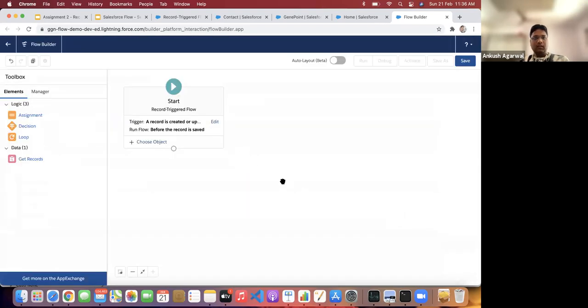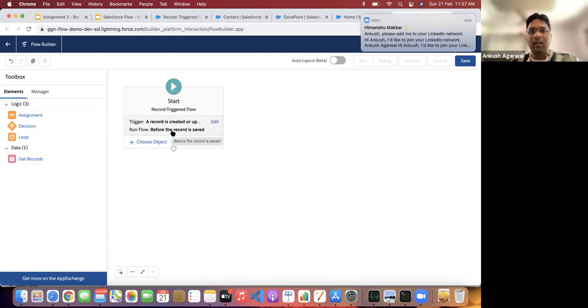And I'm done. If you notice, earlier we had many elements over here, but because we selected before the record is saved, we are left with just a few elements: get records, loop, decision, and assignment. Only these can be used with before the record is saved. And the best part is that it doesn't hit governor limits in that particular transaction for updating the records.